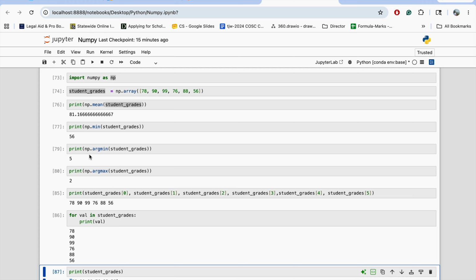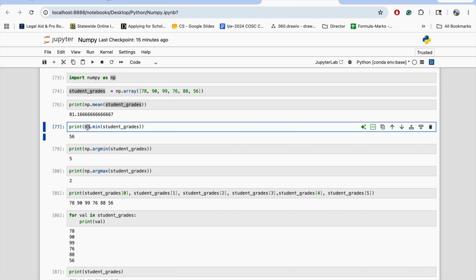So these functions, you see, are the functions that I directly call from the NumPy library, to find the mean, max, median, the position of the minimum value, and the position of the maximum value. But you can also use